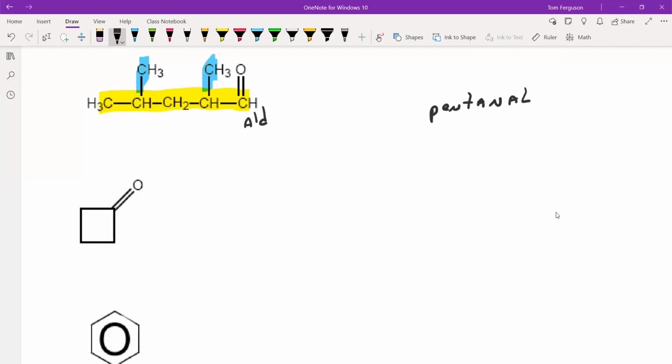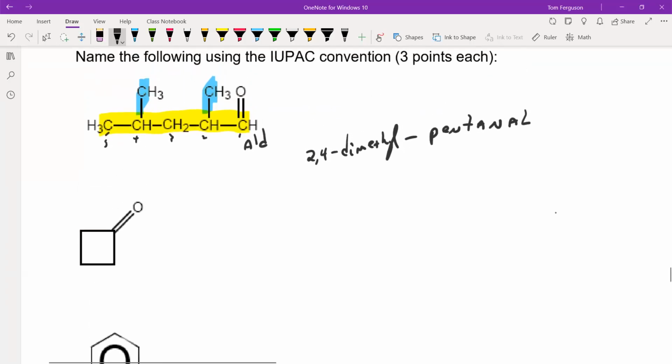Now, aldehydes are automatically numbered for you. Starts with 1, 2, 3, 4, 5. Okay, so we're looking at 2, 4 dimethyl pentanal. The line drawing version of that would be